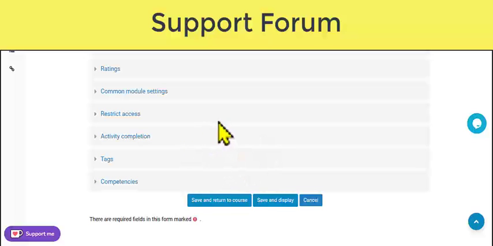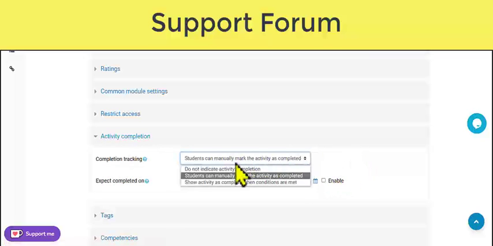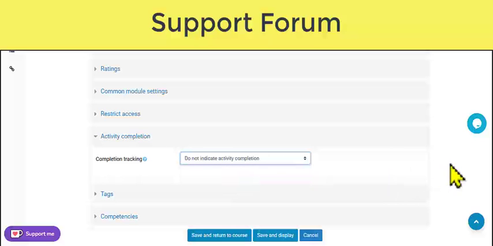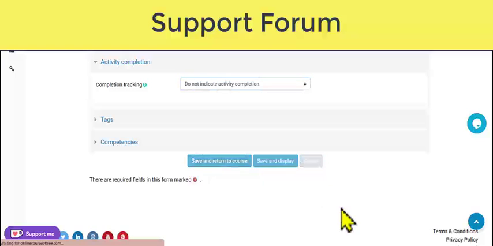And then there's no grading and there's no rating or anything like that, because it's not a learning activity per se, but I am going to go to activity completion, and I'm going to opt for do not indicate activity completion, because it is absolutely not a requirement to take part. So you don't get brownie points for taking part, and it's there to help. So all I have to do now is save and return to course,